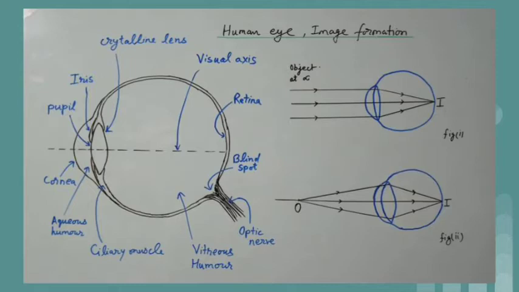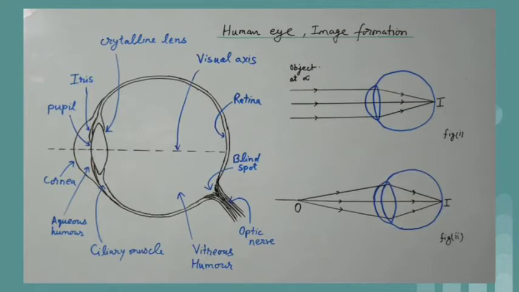The human eye is spherical in shape with diameter of about 2.5 centimeter, having a slight bulge in front. And this bulged portion is covered by cornea, which is the clear or transparent front surface of the eye. You can see in the diagram, between the cornea and crystalline lens, there is a fluid called aqueous humor. Light is refracted slightly both by cornea and aqueous humor. There is a circular colored membrane called iris, which controls the amount of light reaching the back of the eye, adjusting the size of the pupil, that is aperture.